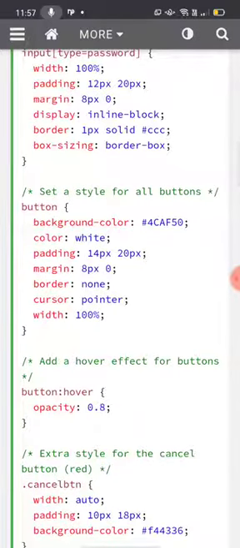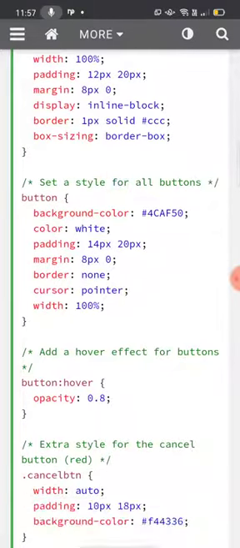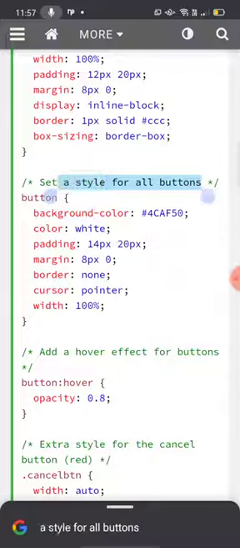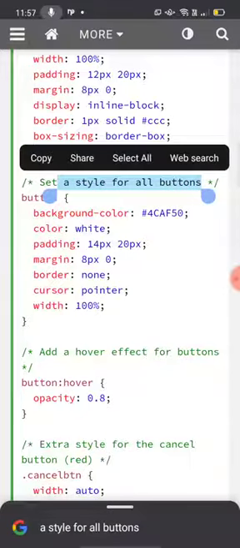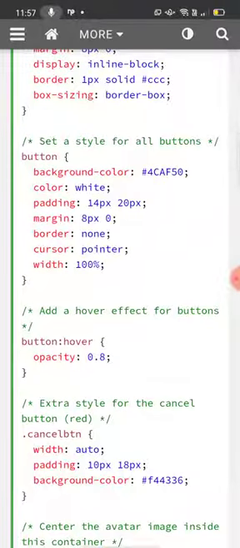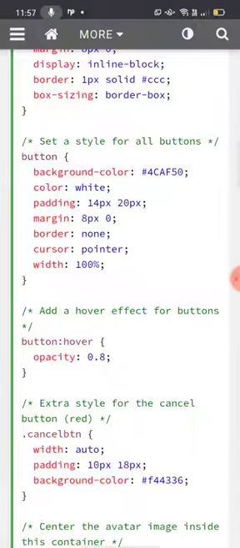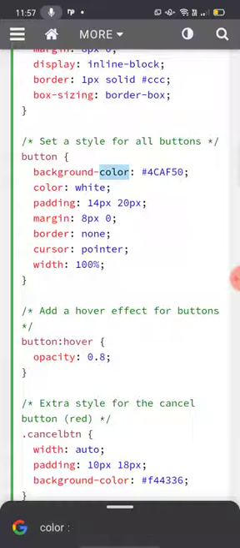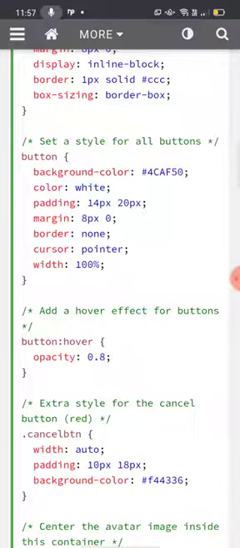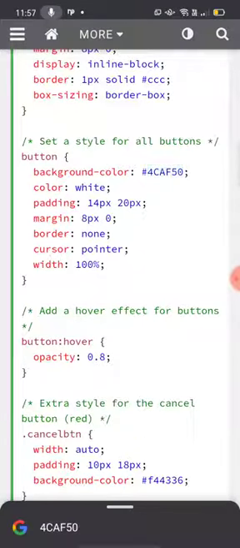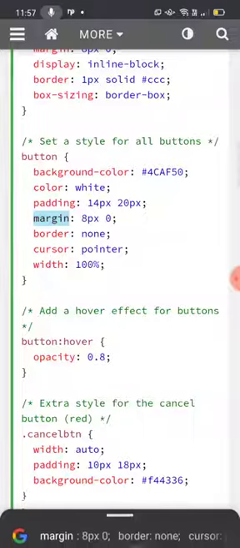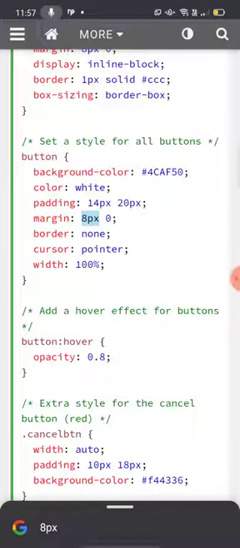Now we are going to set a style for all the buttons. For button, bracket open, background color hash 4CAF50, color is white, padding 14 pixel 20 pixel, margin 8 pixel and 0, where px means pixel.